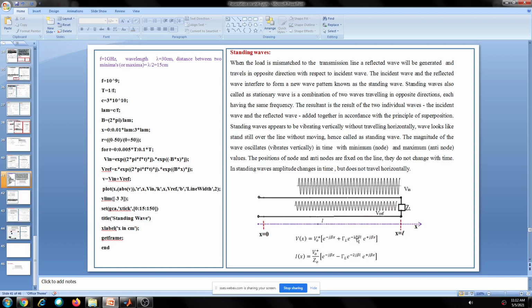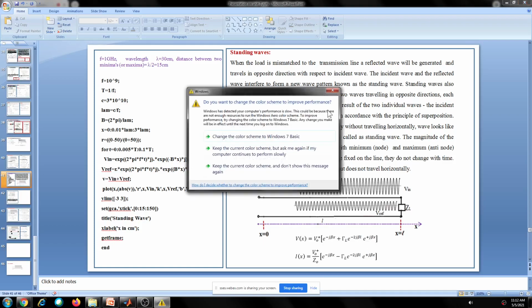See, this is the equation. The amplitude is not the same; it is e to the power plus j beta x. This is representing a sinusoidal wave, but its amplitude is given by this equation. It depends upon the reflection coefficient, tau l, the load reflection coefficient here. Okay, so it is lesser than the incident wave. So this is the incident wave, and based on this value, the amplitude of the reflected wave will be changing.